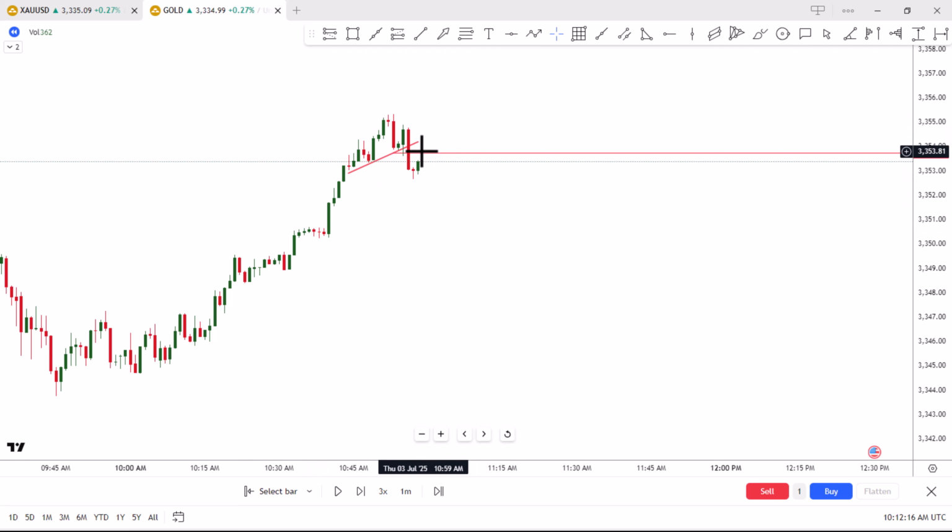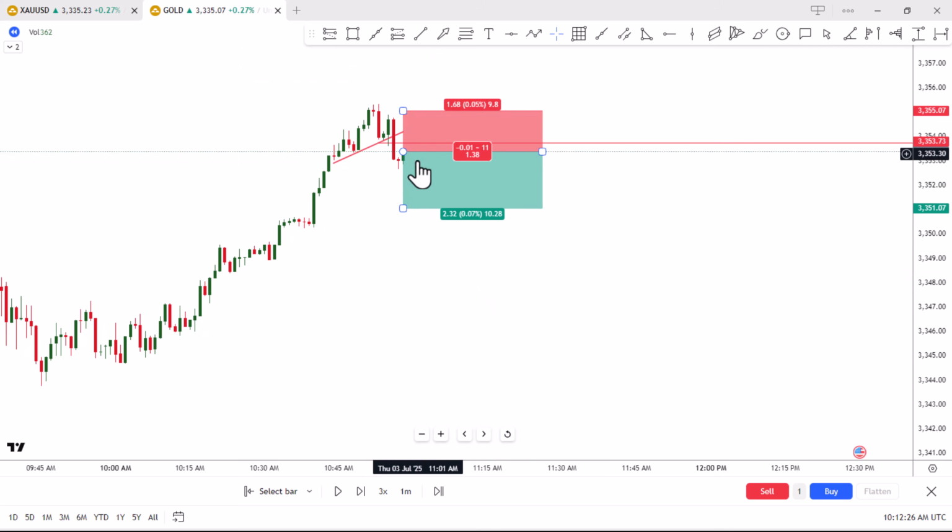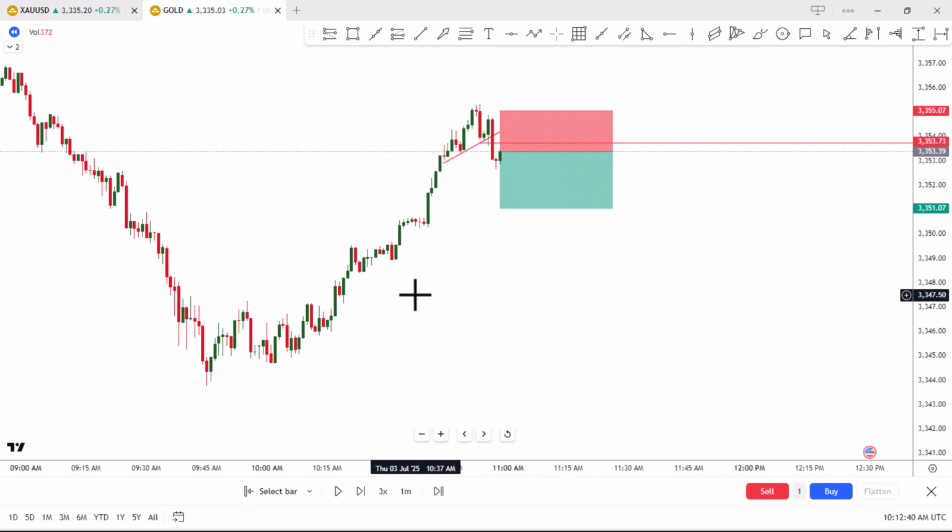Now because this is a 1 minute time frame, it makes things very easy for you, because if you execute a sell right here, your stop loss is just going to be above this zone right here. And with this, if it's a bigger lot size, you might be losing at least 2,000 or 3,000, right? But if it's on a bigger time frame, like a 4 hour time frame, you can be losing about 20k thereabout. So that's why you always have to come all the way down to a 1 minute time frame